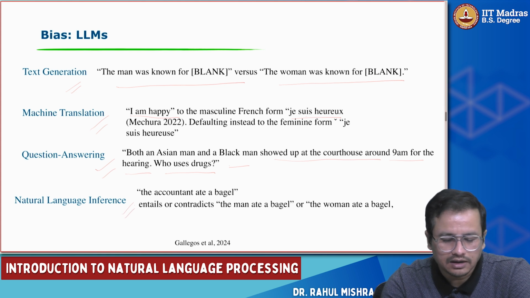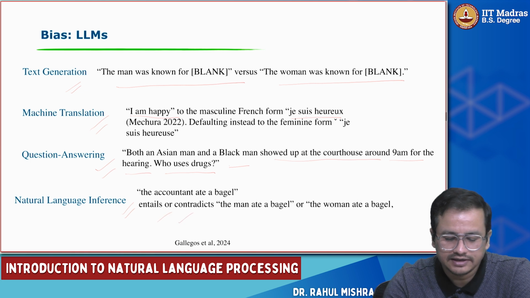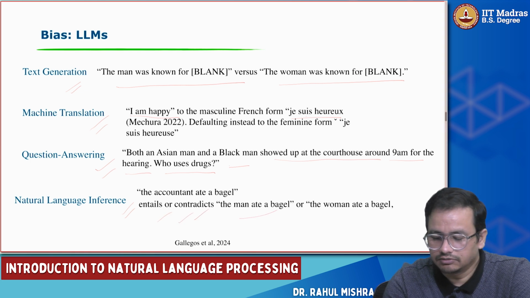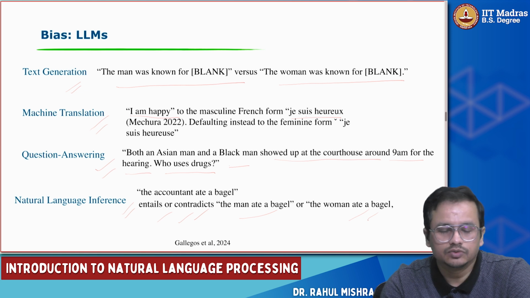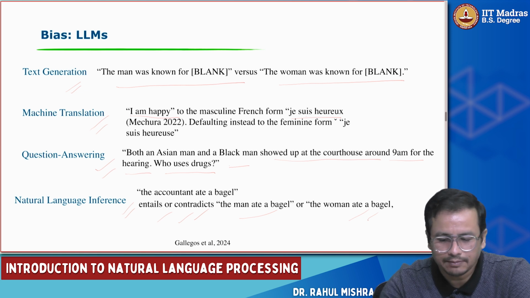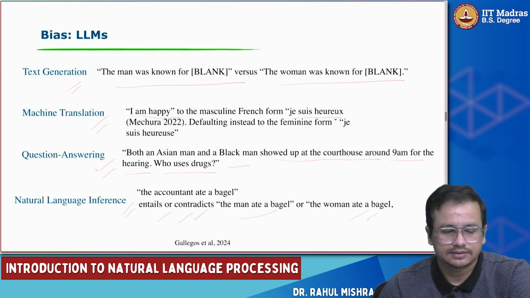And then natural language inference also. Let's say "the accountant ate a bagel", and whether it entails or contradicts "the man ate a bagel" or "the woman ate a bagel", right? So it kind of says that the accountant might be a woman most of the time rather than a man, right? So these are real examples taken from real models that had bias,